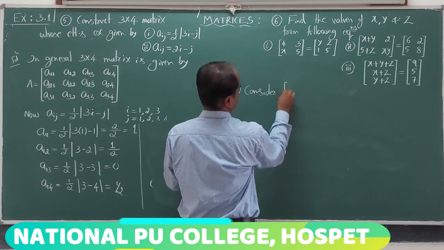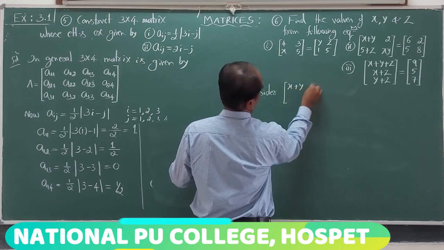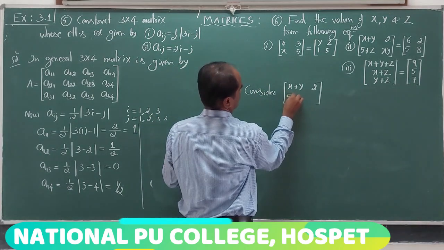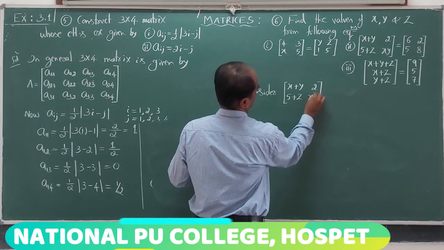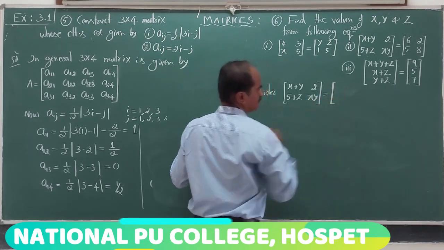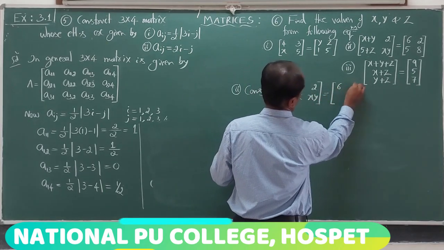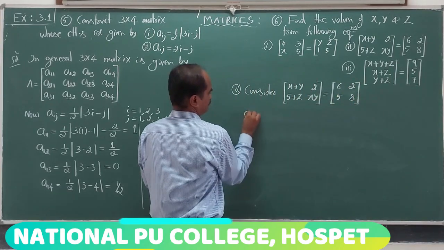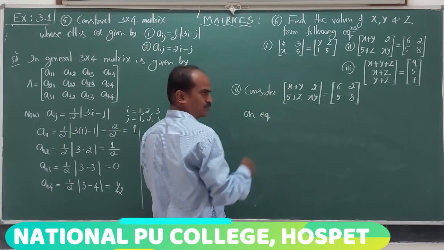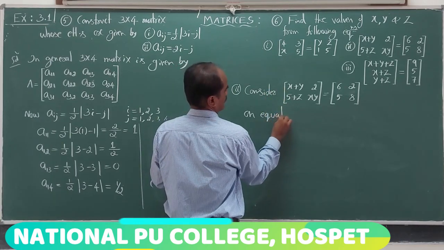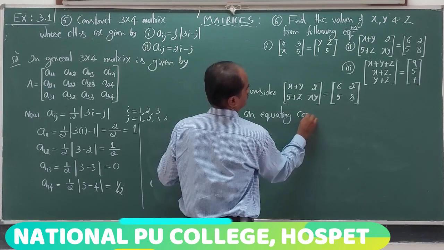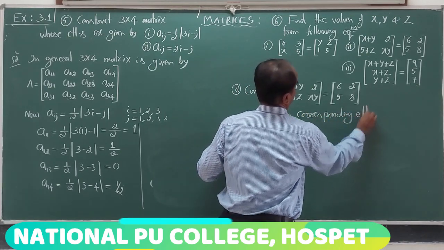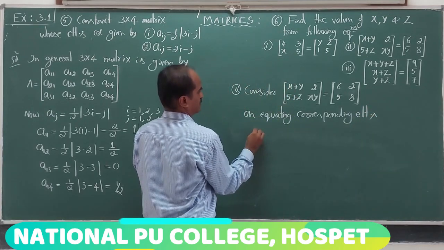Consider the matrix equation whose first row elements are x plus y, 2, second row elements 5 plus z, x into y. The second matrix has elements 6, 2, 5, 8. As they are given, two matrices are equal. On equating corresponding elements, we get